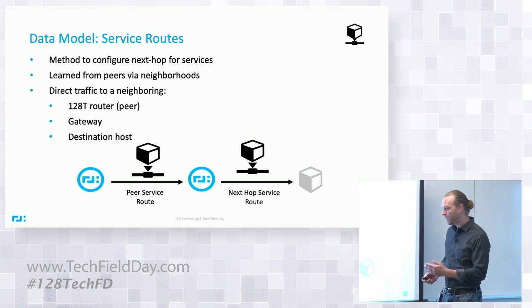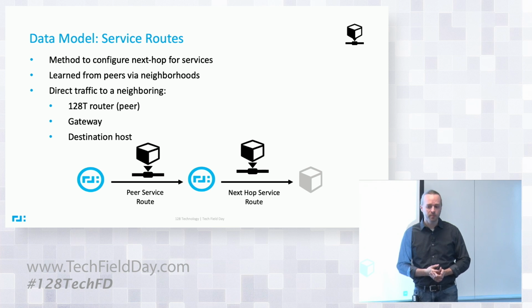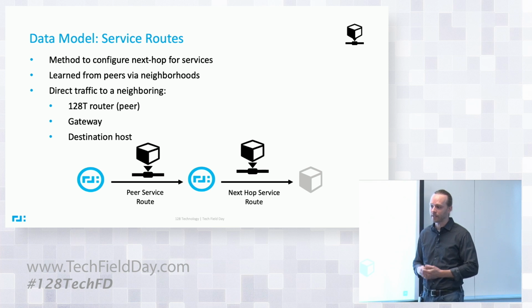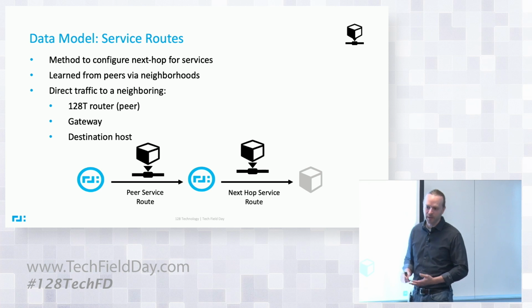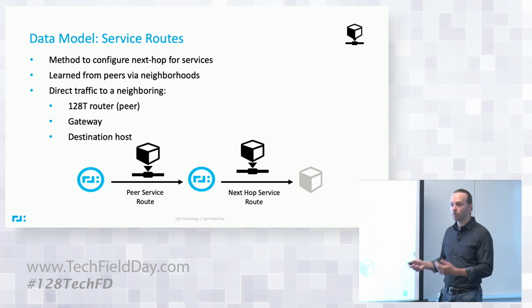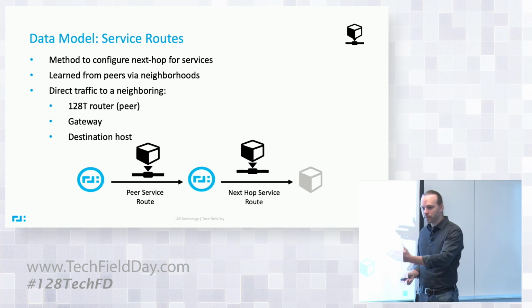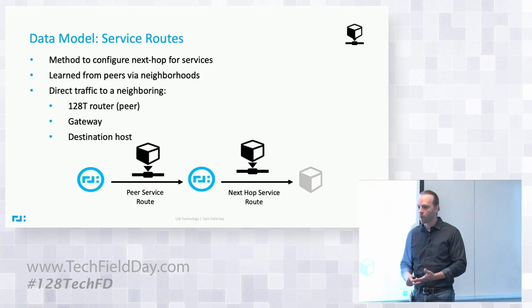So whether that be a peer 128T, and I hope you guys know at this point that the 128T is not a solution that lives in isolation. We interoperate with traditional networking, OSPF and BGP. Our next hops can be non-128T devices or services directly. And that's exactly what the service route is used to describe. For a given service, which is defined minimally as an IP address or IP prefix and a transport,